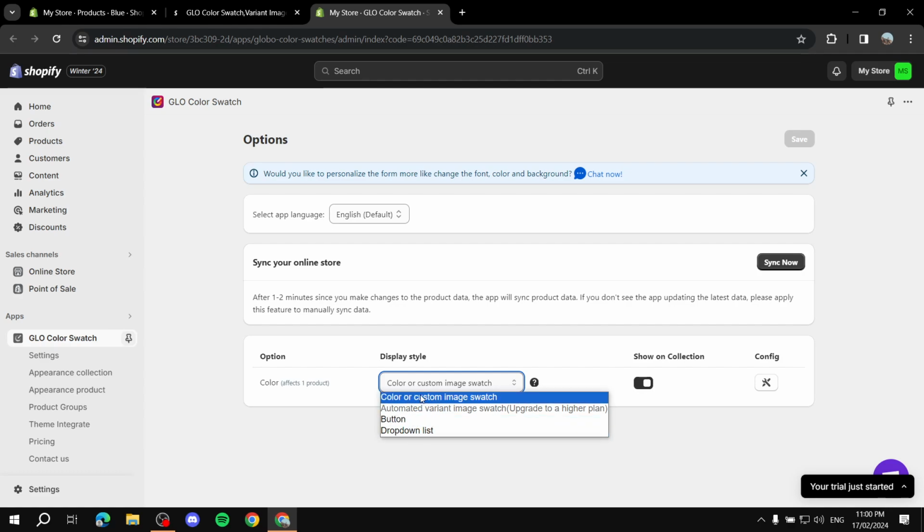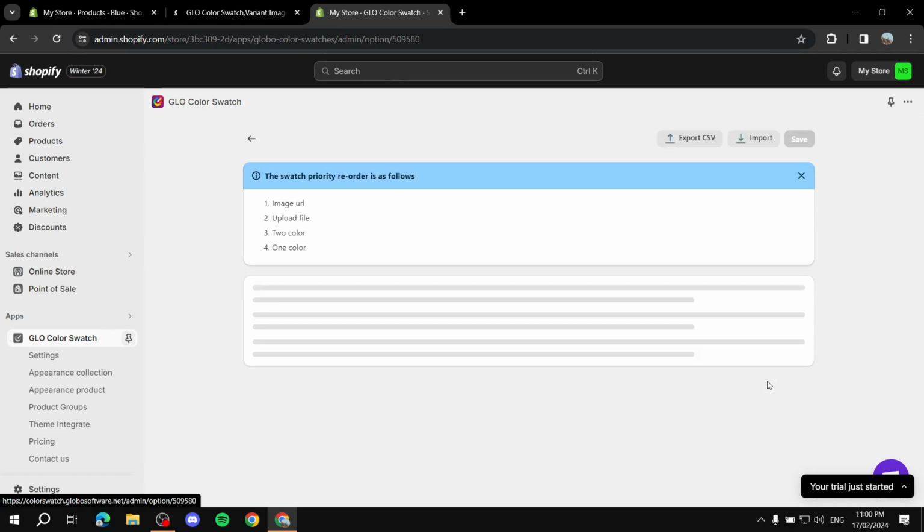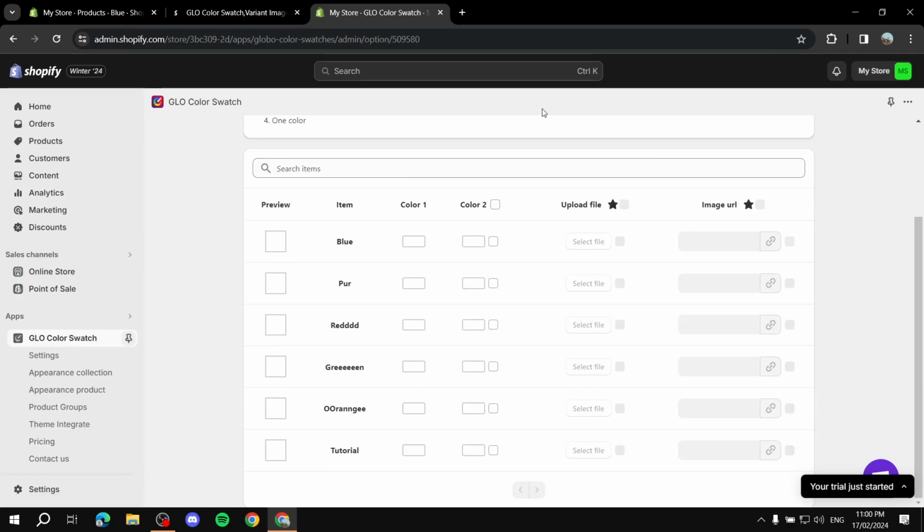So we can just keep it as color or custom image swatch. And if you want to show on collection or not, it's up to you. You can turn it on or off, so feel free to do so. But what we are going to focus on is config here. So we just click on config, and it's going to give us all the